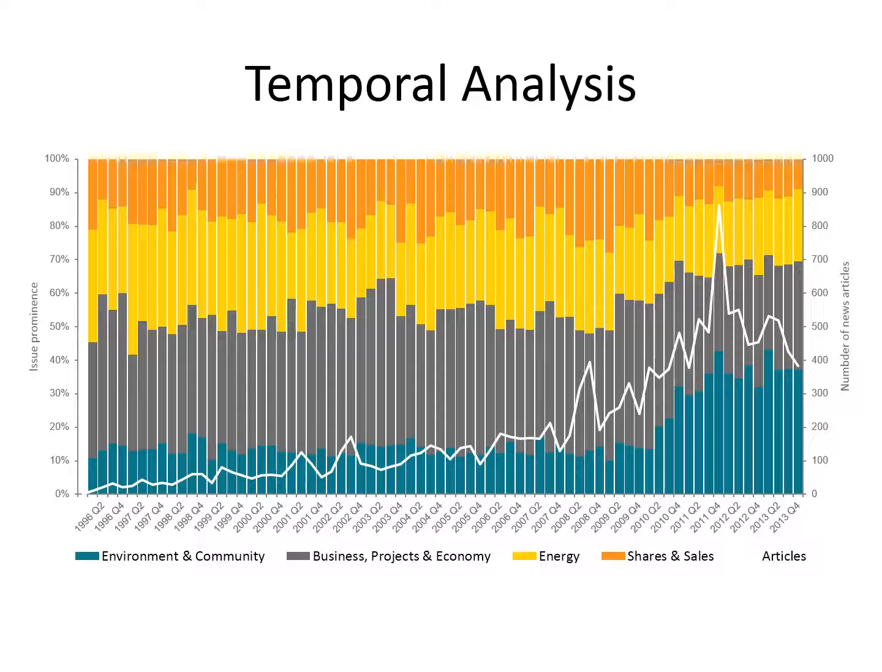What it shows is that early on, right back to 1996, the majority of the news interest and the issue prominence was around business projects and economy, this grey theme here. There was some talk also around energy and shares and sales, and very minimal coverage of environment and community concern as a theme and issue. And it wasn't really up until about 2010 that this got perturbed. It was around this time in 2010 that communities such as Lock the Gate really started to emerge. And they emerged off the back of a movie called Gasland, which showed over in